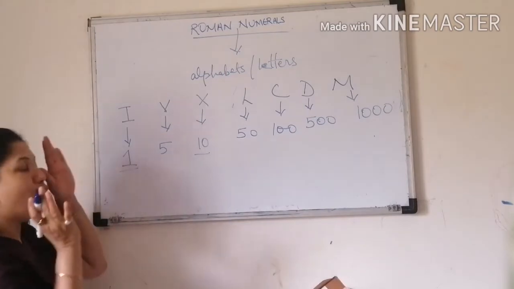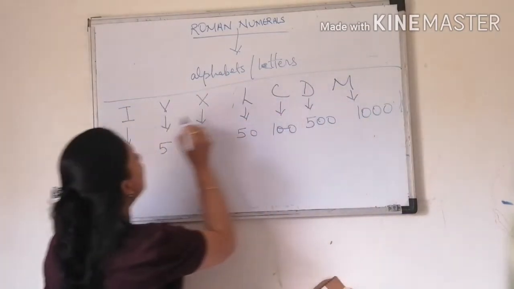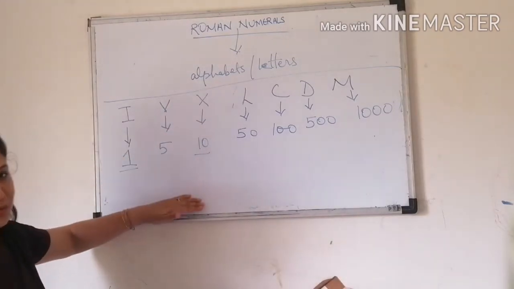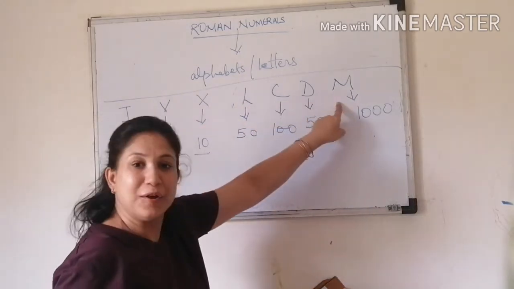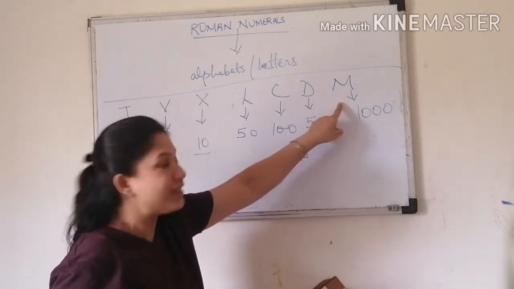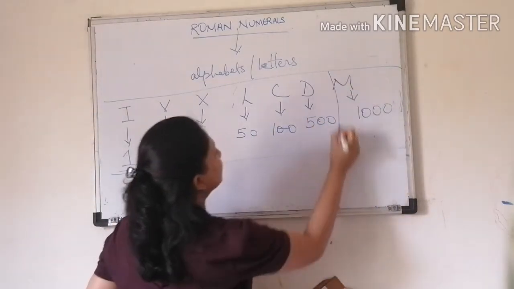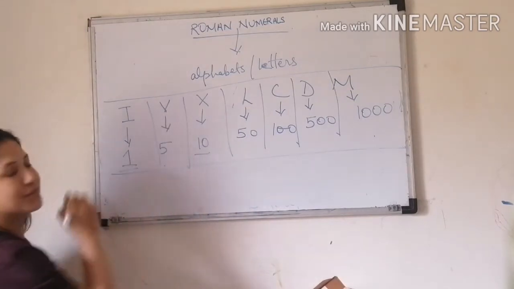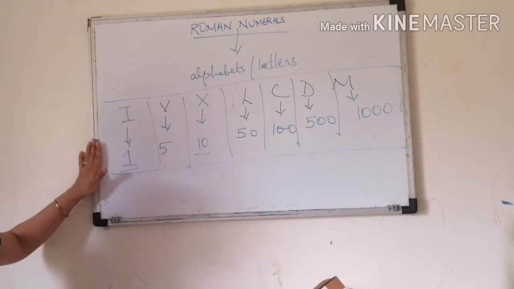Easy. So you only have to learn the last 4 alphabets. 1, 5 and 10 you all know. This I have explained to you with the trick LCD and mobile. Is it clear? So LCD, M. So the values are given here, children. See, these are the values. Now you will write this down in your notebook. Copy this. Is it clear?